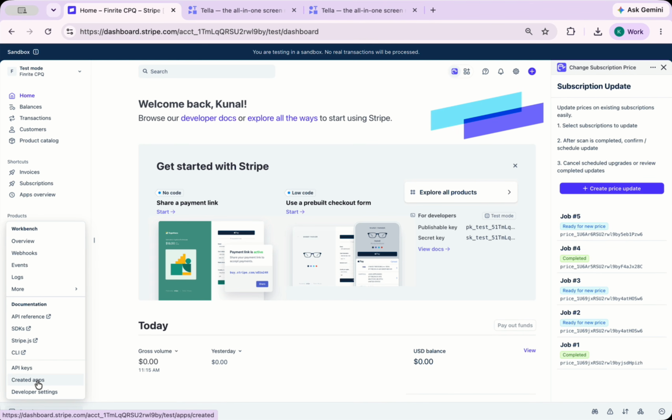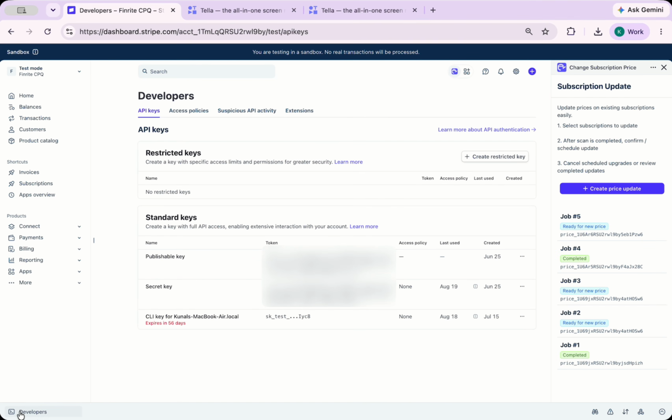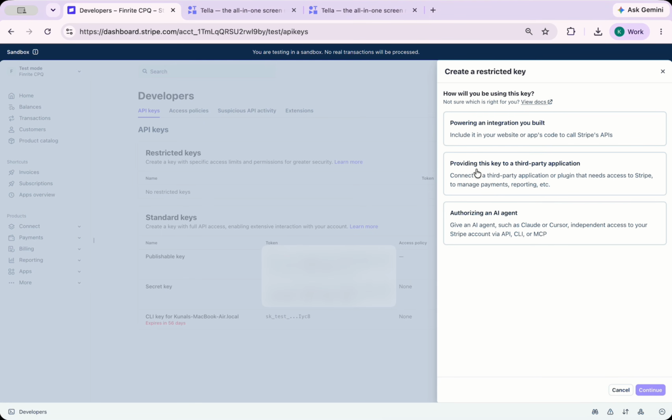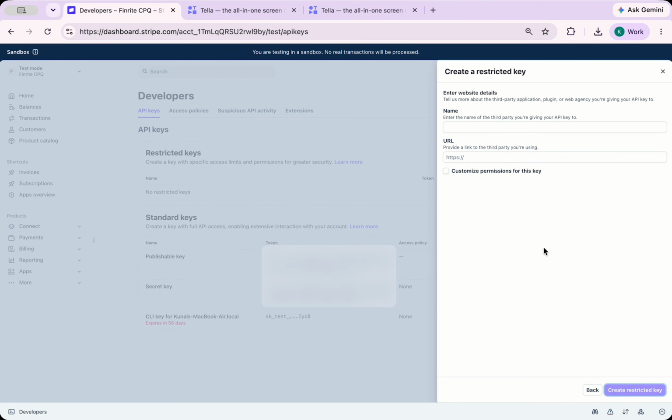What you'll want to do is head over to your API key section under the Developer tab. You will need admin access to your Stripe account for this. You'll create a restricted key. You'll mention that you're providing this key to a third-party application. There you can provide Finwrite, and you can mention our URL as finwrite.co, and you can customize permissions for this